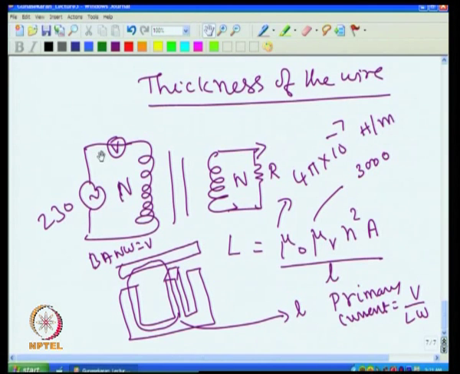One is the magnetizing current, that is the current that flows when there is no load here. The second one is, if I put a load, then the load current is also reflected into the primary. So you have two components: one is the magnetizing current, the other is the secondary reflected current. This should be understood clearly, because